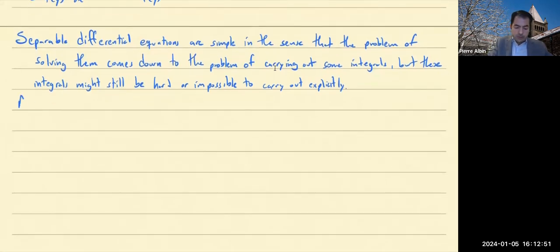Also notice that after solving these integrals, what we would end up with is,